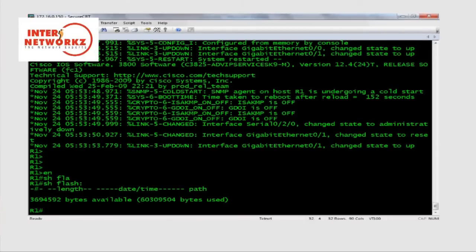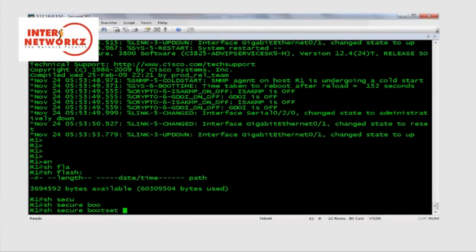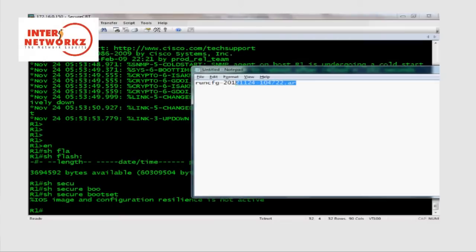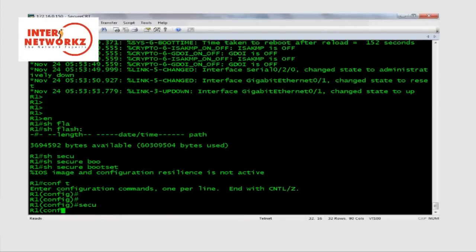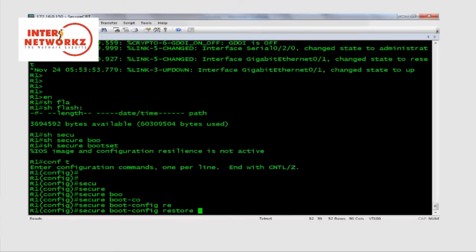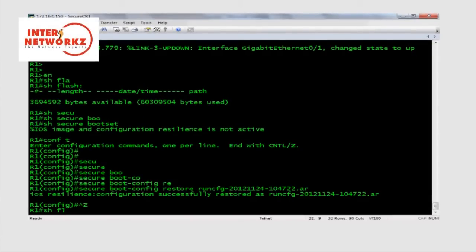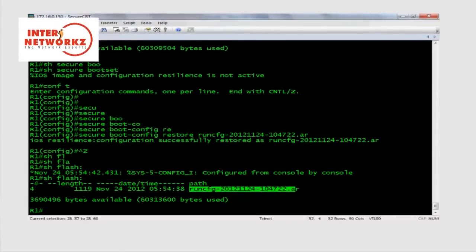First check show flash, it will never show our backup file name, and show secure boot also will never show it because the product has been reloaded. Now we already took a backup with this file name. Copy this file name and go into global mode and say secure boot config restore and specify the file name. It gave the message successfully restored. Again check show flash, we can find the file name now,